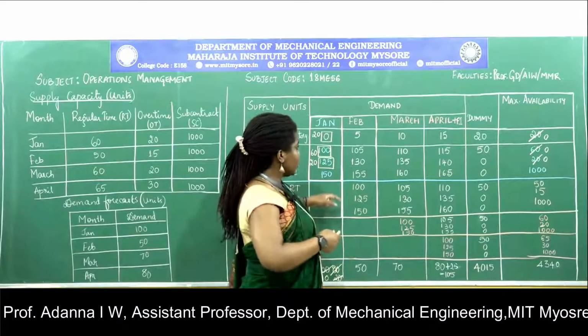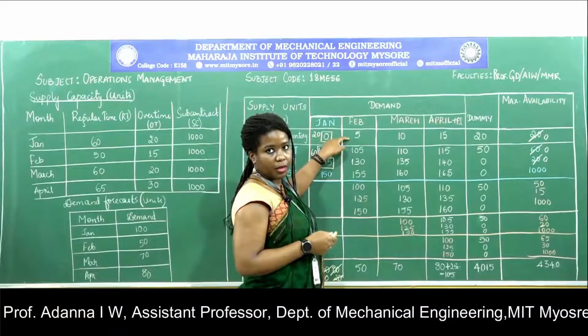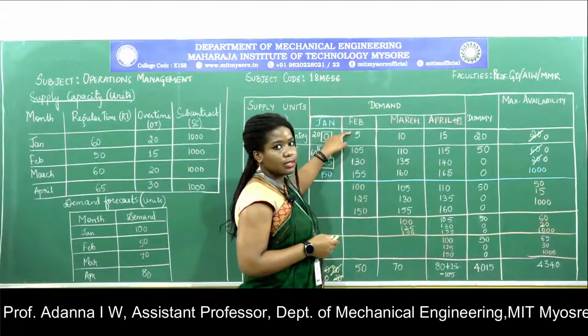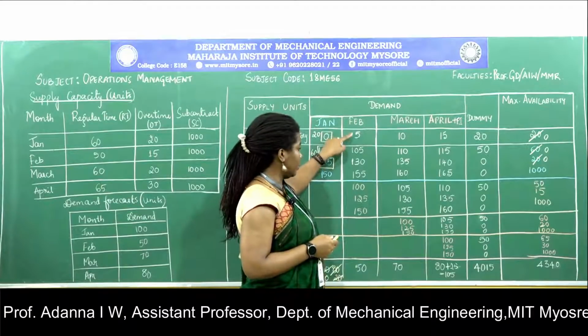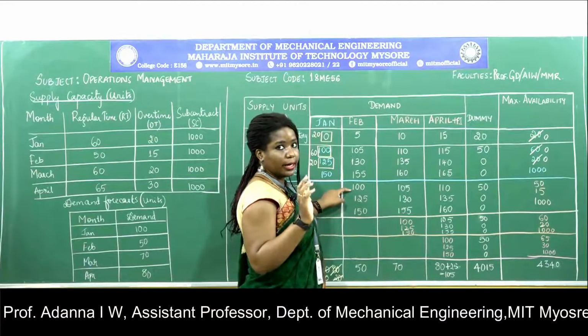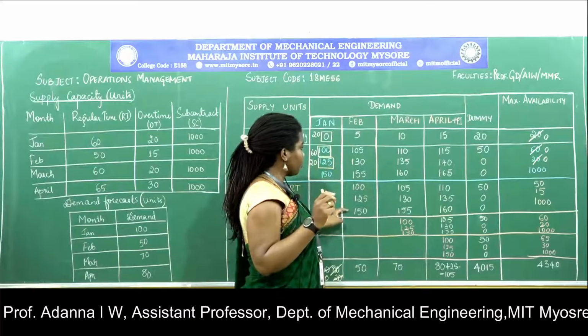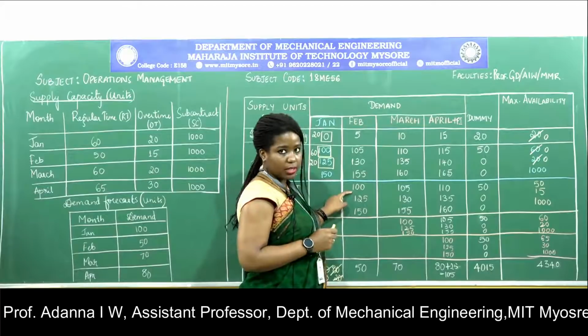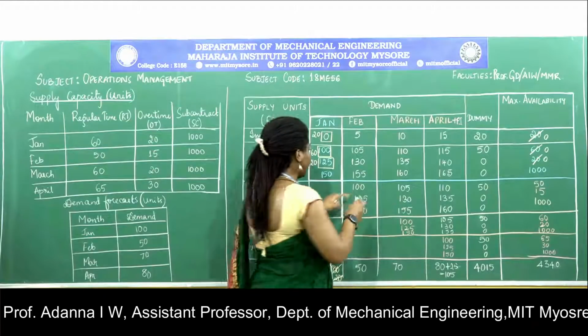So if we go with the least cost here, it is 5. The demand here is 50. The supply is 0. So we cannot consider this. Go to the next least element, it is 100. So 100 in the month of February, please note that it is not that you have to go directly to February, you have to go to the least cost. So after 0, the next least cost that we have is 100. So if I take 100,